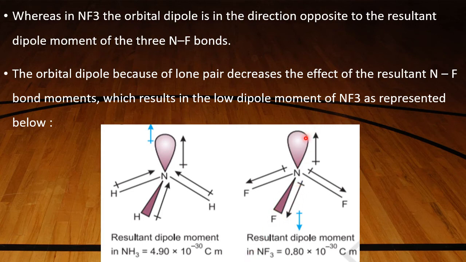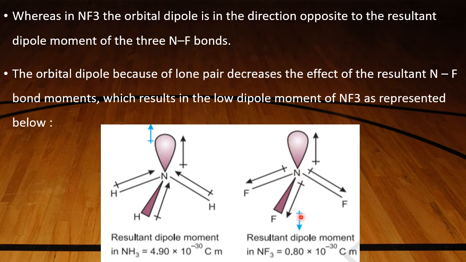The effect is slightly nullified or reduced. But here, what happens? The pull is towards nitrogen, and this pull is supported by this pull. This is the net resultant here, with the blue mark. Whatever pull is there from the 3 hydrogen atoms towards the nitrogen is supported by the lone pair of electrons on the nitrogen. But in this case, the pull towards fluorine is not supported by the lone pair of electrons. This is the reason for the reduction in the dipole moment.